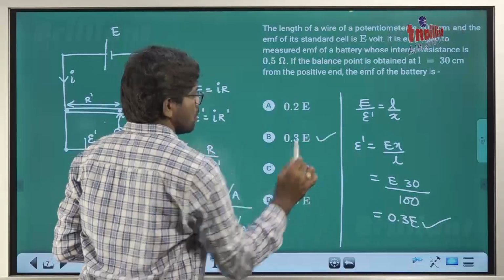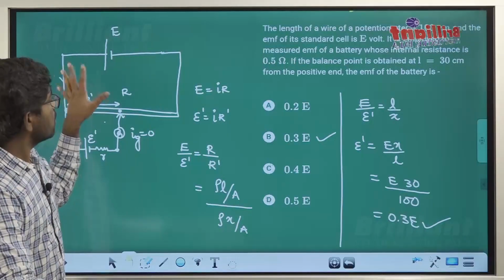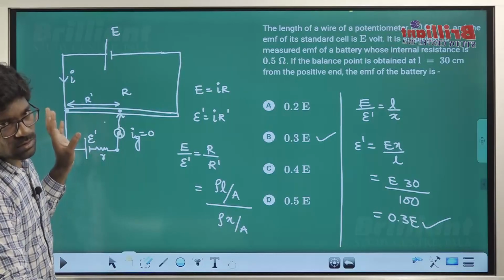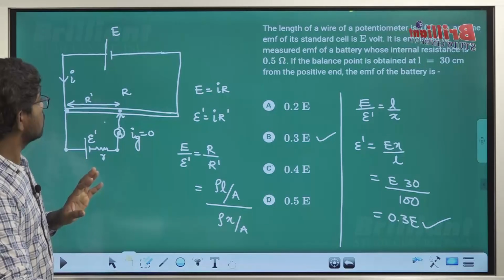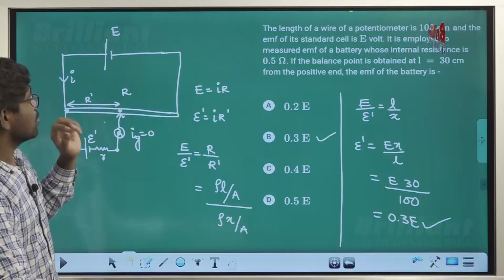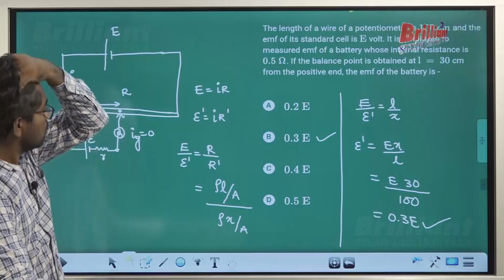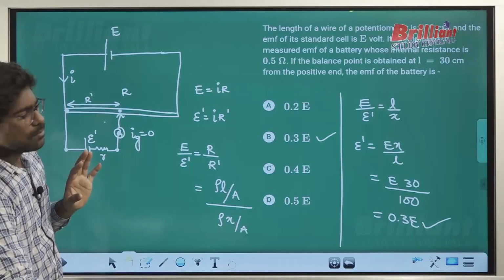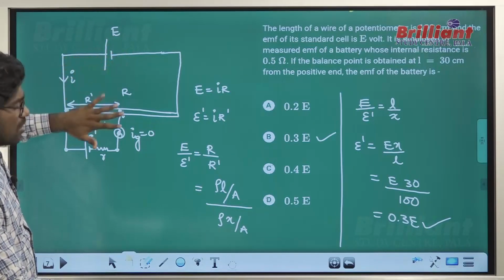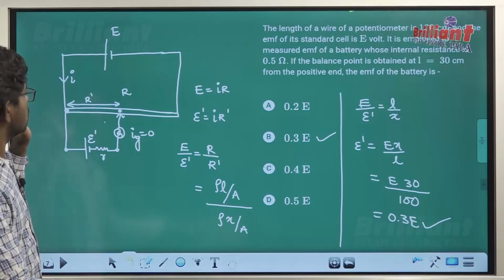So whenever a potentiometer is given, just remember the basic diagram. If you don't remember this diagram, you will not get there. You should know what a potentiometer is, right? There will be a lot of complicated diagrams in the NCERT textbook, but that's not needed. Just look at the simple diagram. E is the primary branch, and then the secondary branch.